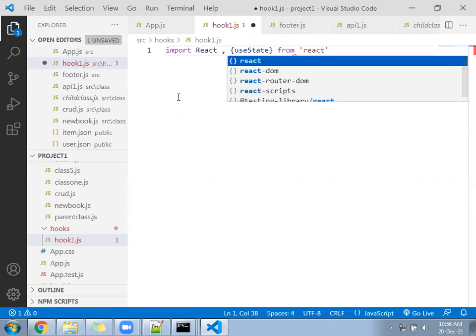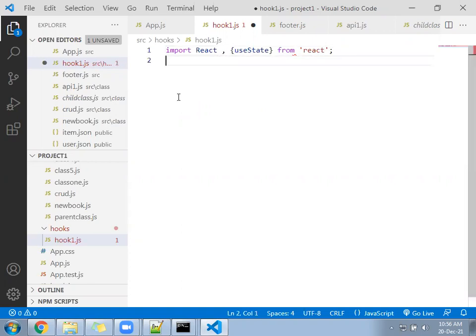In the class component, to maintain and update the state, which function have we used? setState. In the class component, to update the value of the state variable, the function name is setState. How did we create the variable? this.state, and we updated the value under the state with the help of this.setState, in the class component.